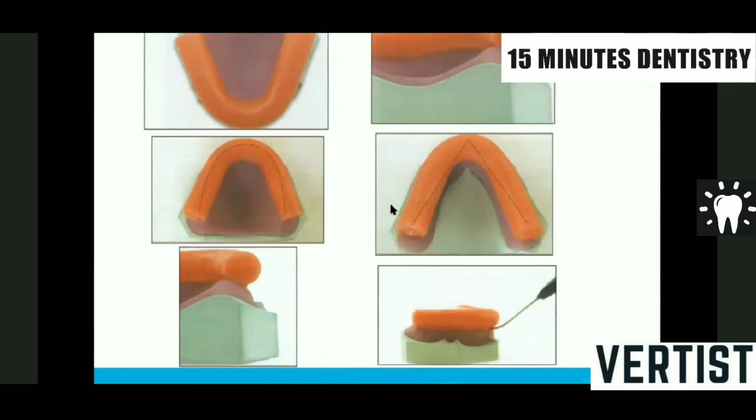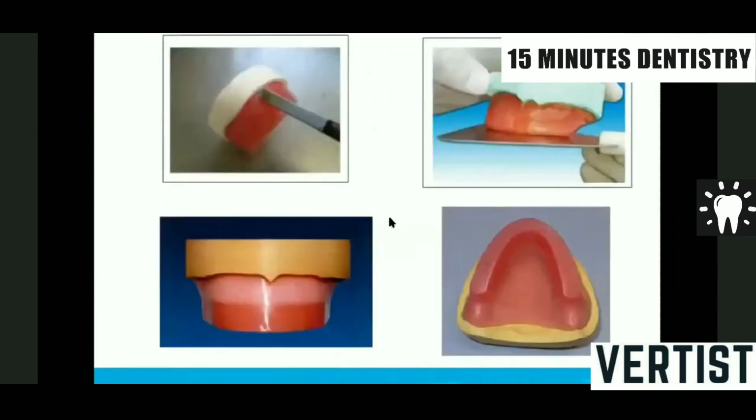slightly V shape. Then the space which is created below this wax rim, you either press, because the roll is already soft, you press and adapt the wax, or you take the wax spatula or wax knife. My favorite instrument is this wax knife. This wax knife has a curved end, and you heat the curved end and make the posterior portion buccal aspect concave, as shown in the third photograph. There is a reason for making this, which we are going to discuss.